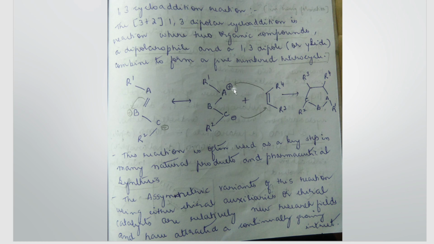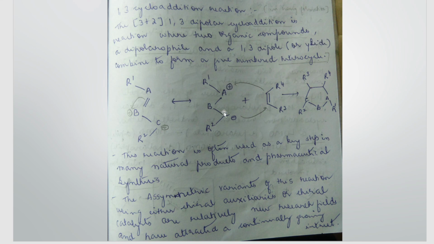An ylide is one which has charge distribution on three different atoms. So here you can see, because of this pi bond shifting between these three atoms, this A here will get a positive charge, and the electrons of the pi bond shifted on B are further pulled by C. So C here will be electron rich, A will be electron deficient. So one will have a plus sign, one will have a negative sign. So it's nothing but a dipole or an ylide.